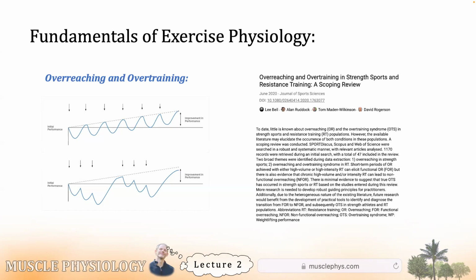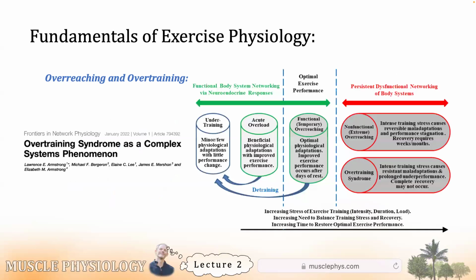But functional and non-functional overreaching are both well observed in resistance training and strength sports. But true overtraining syndrome tends to arise from settings of chronic aerobic stress, like marathons and triathlons, where people are training maybe 4 to 6 hours a day. And there might be other compounding stresses along with the relentless physical stress.